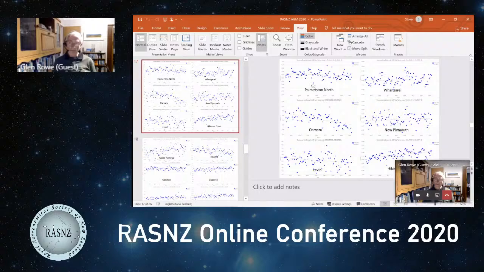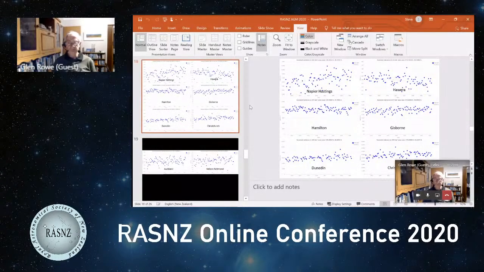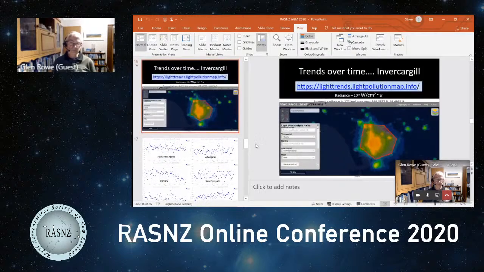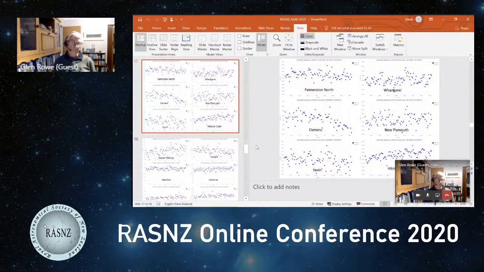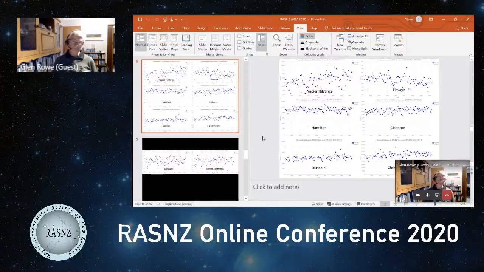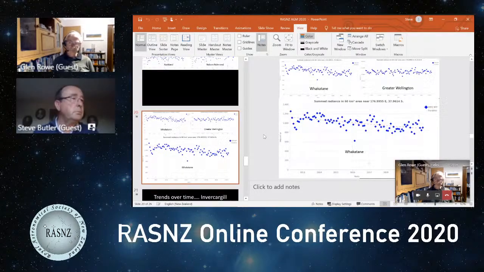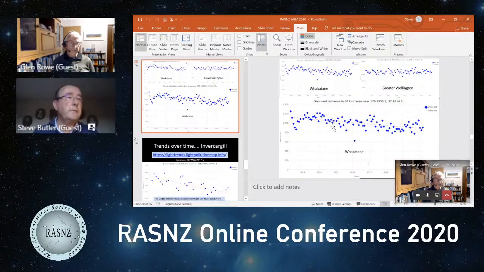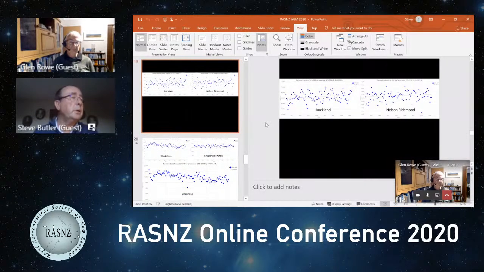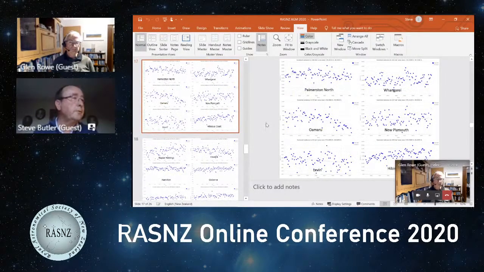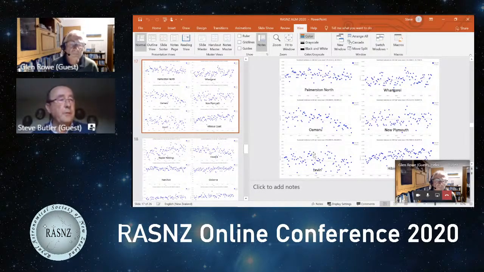So Dunedin and Christchurch are reasonably compact. Gisborne's reasonably compact, but then you get into some of the smaller areas. Whakatane's pretty compact. I'm looking for Hawera. Levin's quite a small area, and so there's a lot of spread, but the